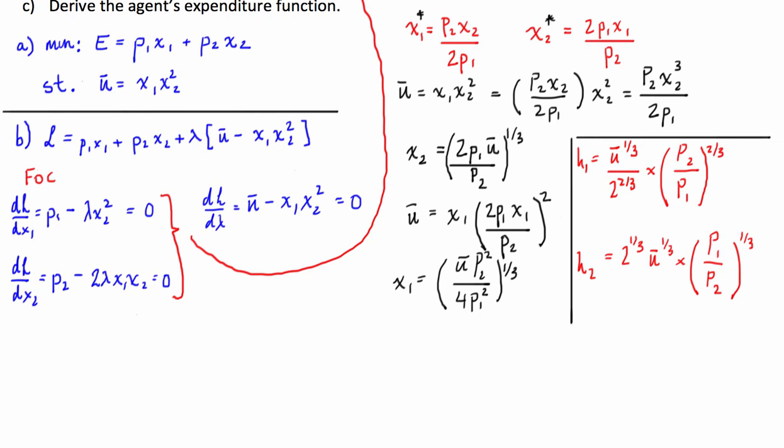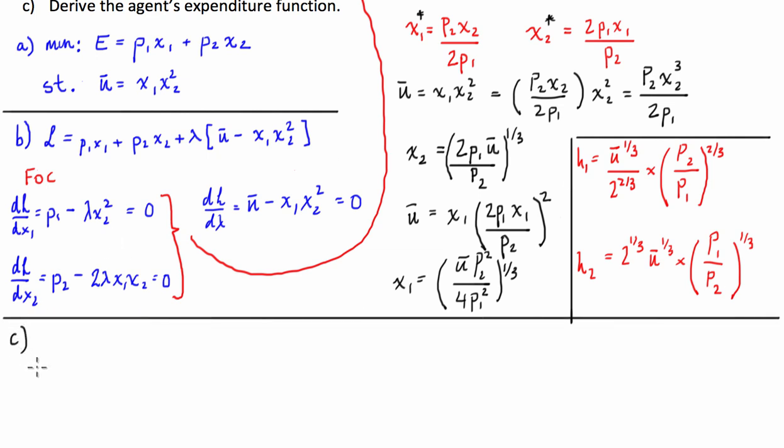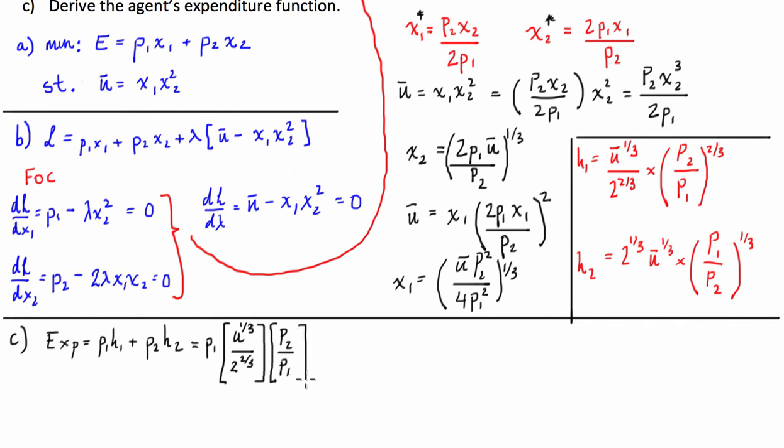Okay, so finally, guys, what we're going to do is get our expenditure function, part C. We've got our original expenditure function up here, but the actual expenditure function that we're trying to minimize is the price of good 1 times the Hicksian demand for good 1, plus the price of good 2 times the Hicksian demand for good 2. This is equal to P1 times the Hicksian demand for 1, which is u to the 1/3 over 2 to the 2/3, times P2 on P1 to the 2/3,